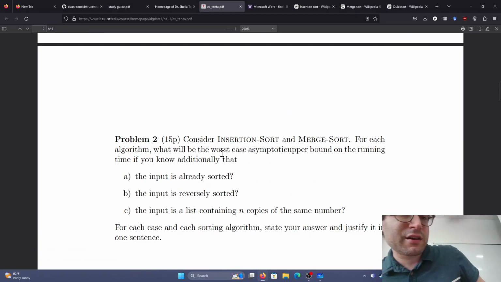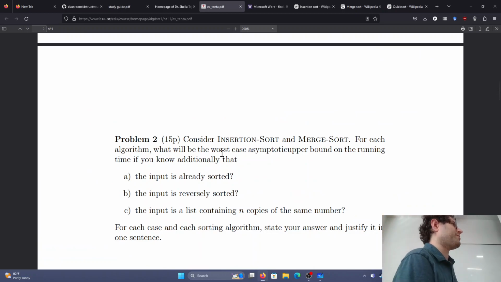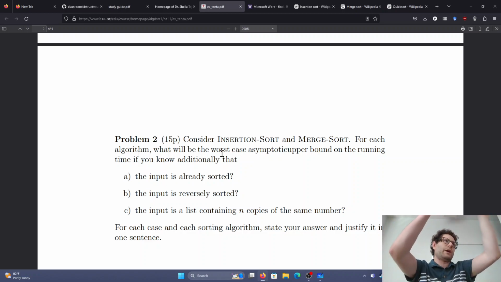Problem 2. Part of the issue is that if you look for practice data structure finals, by the way, you'll find that some of these questions you understand, but some of these questions you don't even have a clue. Did I mess up in data structures? And the answer is no, it's just the way the computer science curriculum works. The question is, where do we divide the courses up into content? Because